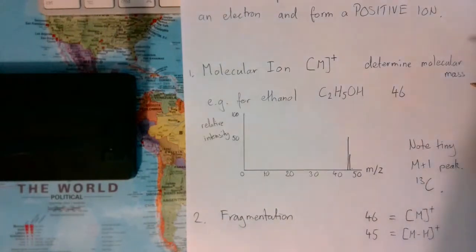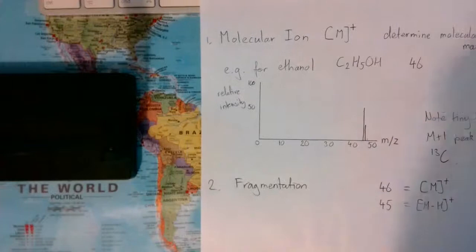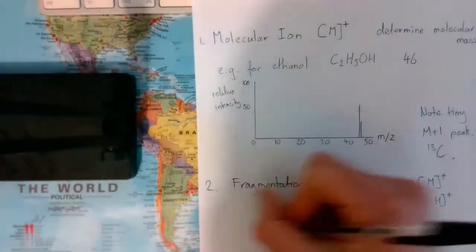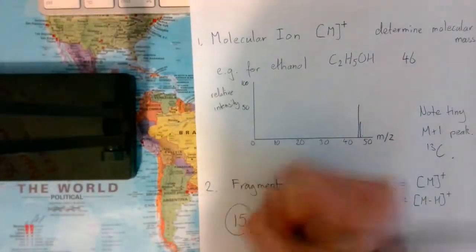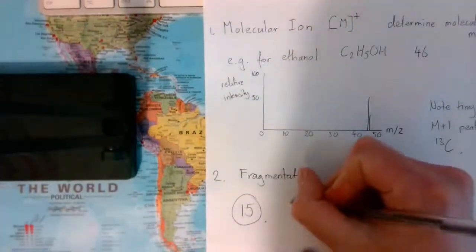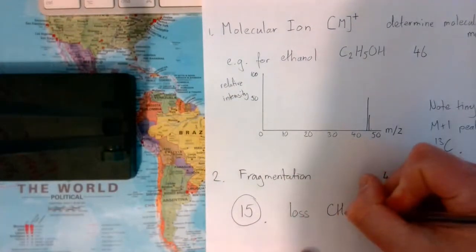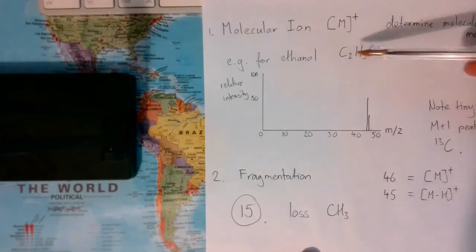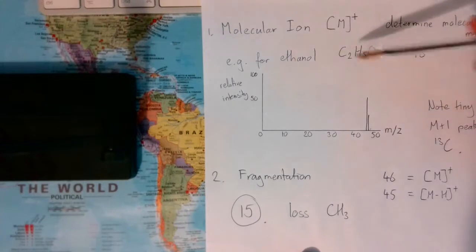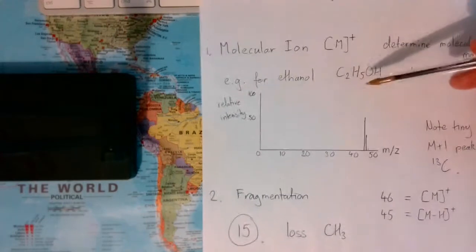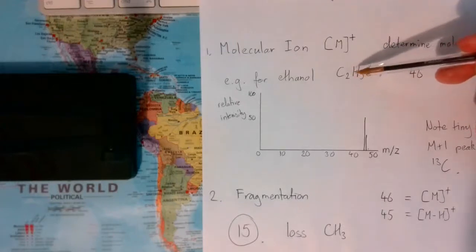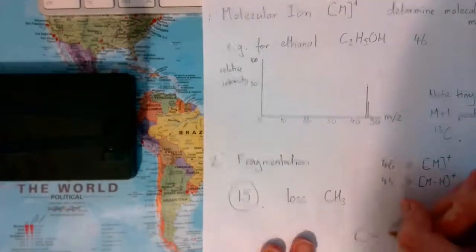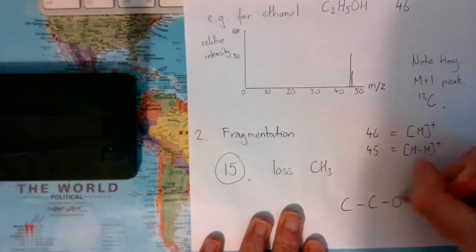Now, there is a magic number that we're always going to be looking for in these fragmentations, and that is 15. That is your magic number. 15 is loss of CH3. So any organic molecule which has a methyl group at the end, there's a chance the carbon bond to whatever part of the molecule from that methyl, the bond there could be broken. So for ethanol, if we were to knock CH3 off the other end of it, and if I draw it for you here,